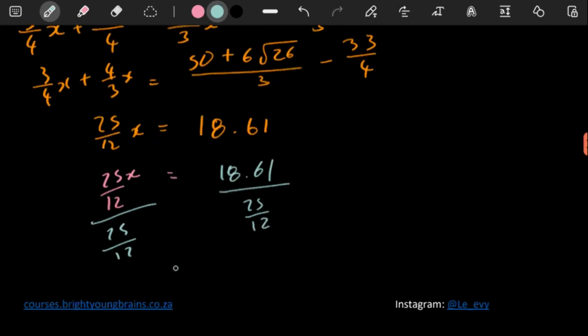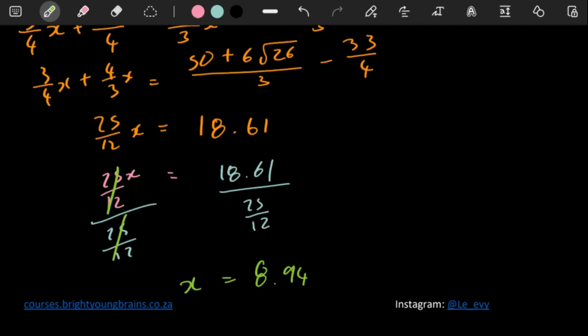So this is where you can see things are getting like madness. It's pure madness. But you gotta do what you gotta do. So the answer here in the calculator, divided by the 25 over 12, because in the calculator I didn't remove the answer, this is gonna give us 8.94. What a wow. This question is quite crazy, but